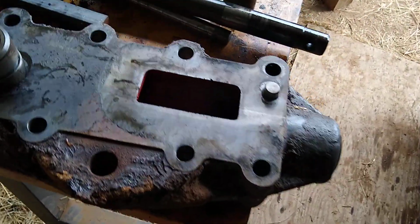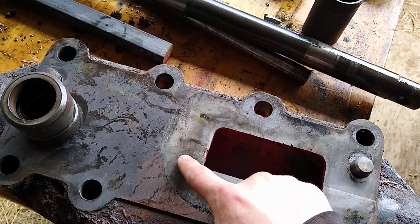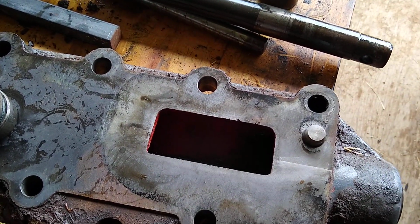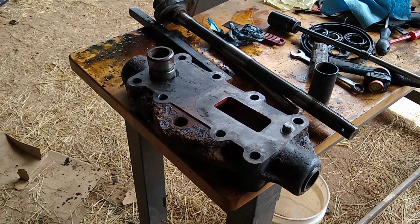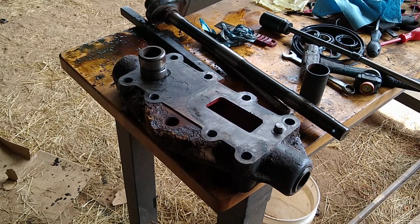Bolt it all back up. Make sure you use your favorite silicone or whatever liquid sealant for this hole here. Otherwise it'll seep its way through and leak out. I like to use Right Stuff. It's worked pretty good for me. But yeah, bolt it all back up. Put all your hydraulic fluid in. Probably should put fresh in unless you